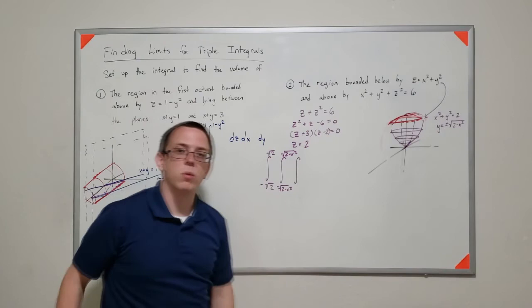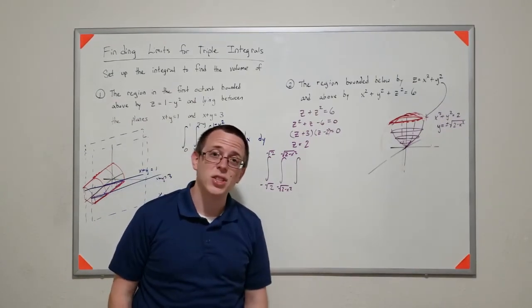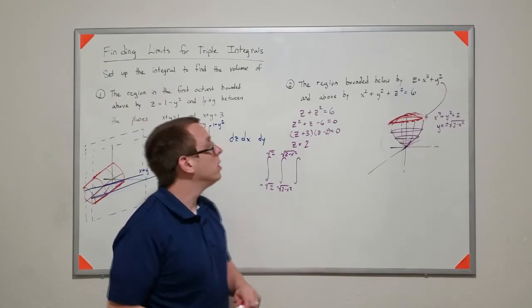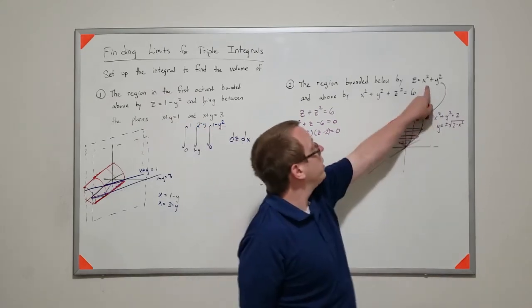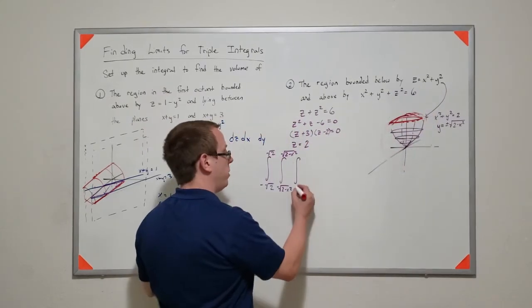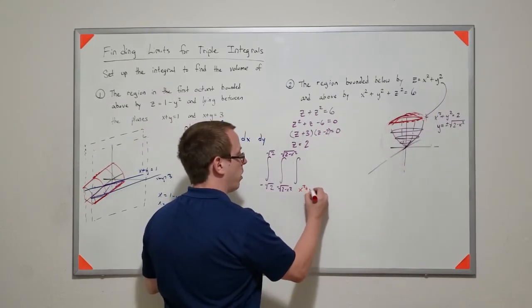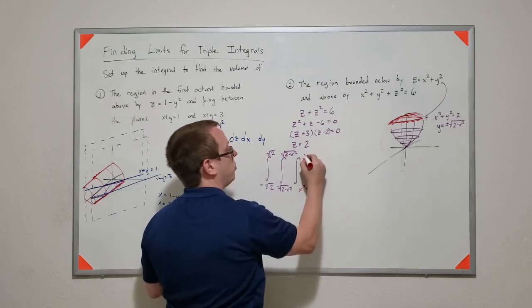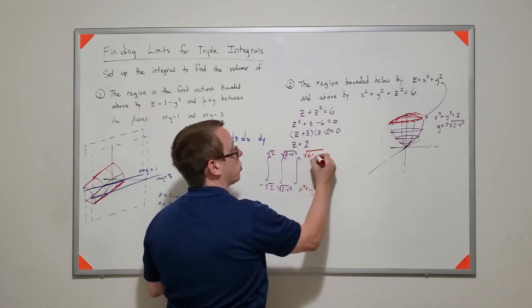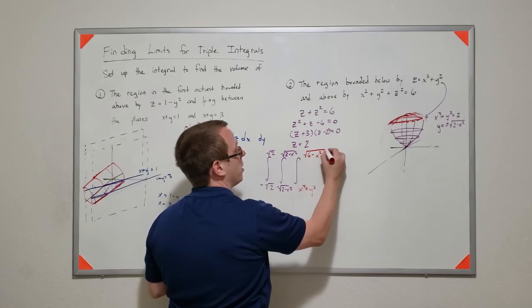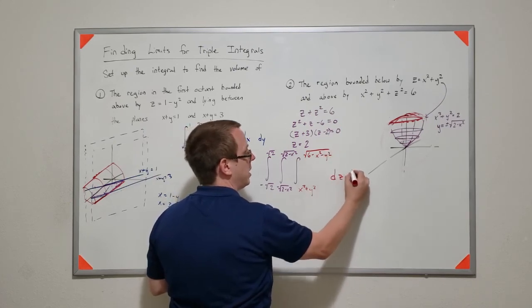And then I have to think about what z is. But in this case, it's actually easy, because they've told us that z is bounded below by this and above by that, which tells me that I'm going to go from x squared plus y squared all the way up to the square root of 6 minus x squared minus y squared. So that's dz, dy,